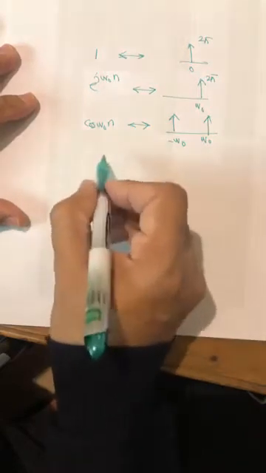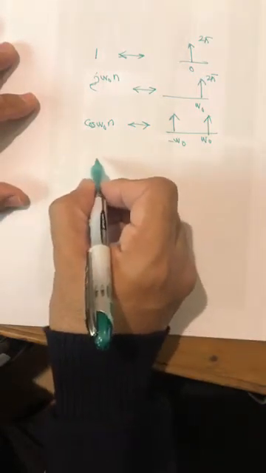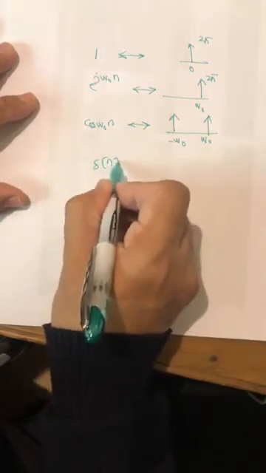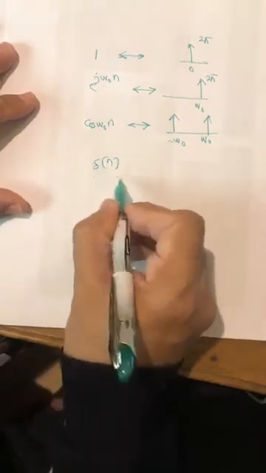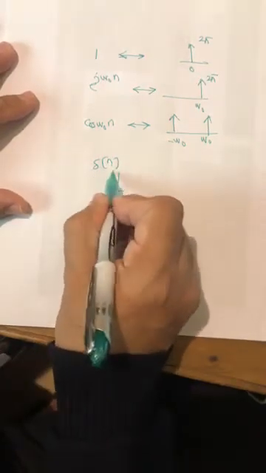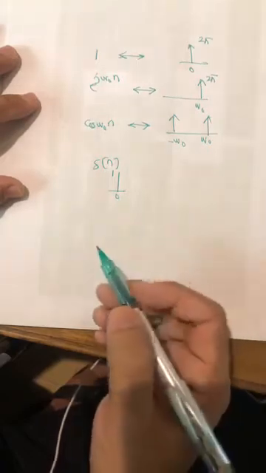But can anybody tell what is the Fourier transform of delta of n? How many exponentials are there in delta of n? Anybody? Okay. So you may think that perhaps there is 0 exponential or 1 exponential, but